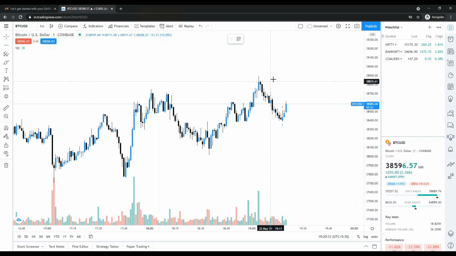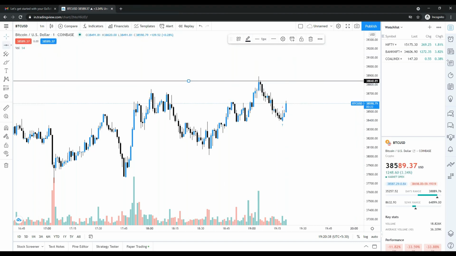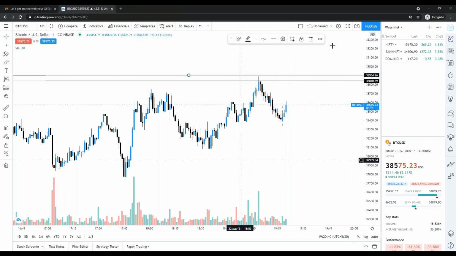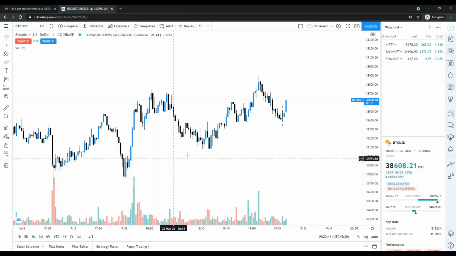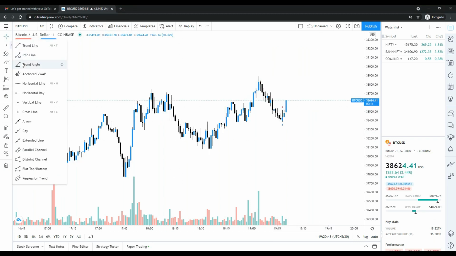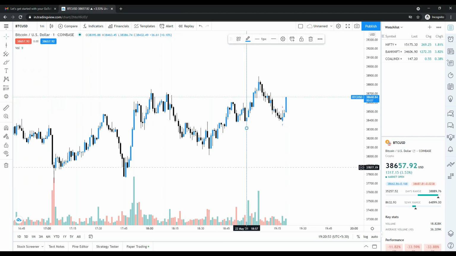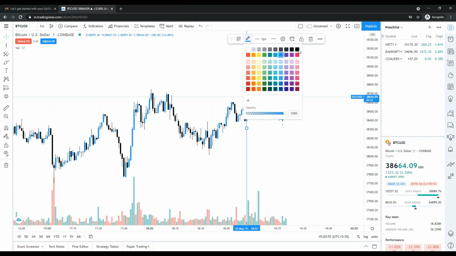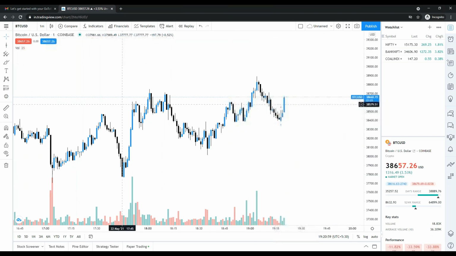And this is the horizontal line. This is also important for us. We would be seeing how to mark the horizontal line. These are horizontal lines. Generally I use this to mark support and resistance, and to book my profits. This is the vertical line that I also use. I would be explaining when we use it more. This is just the first class of TradingView, so that's why I'm sharing that.